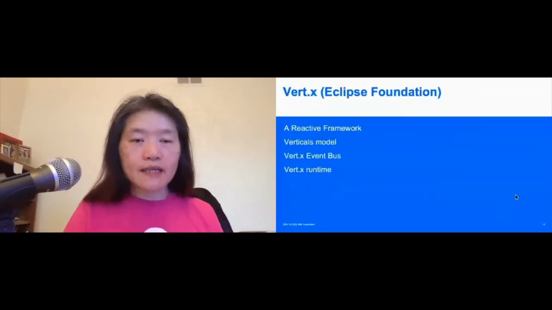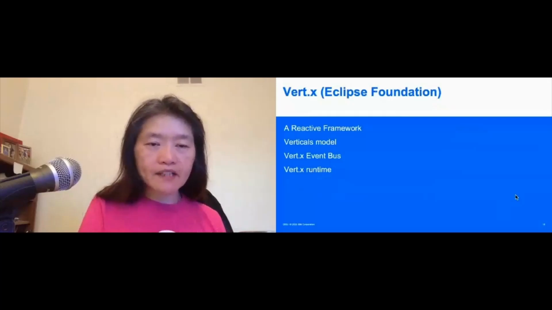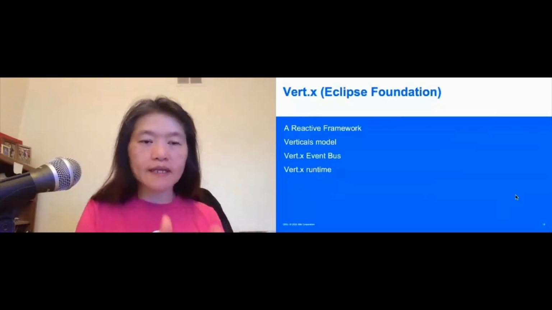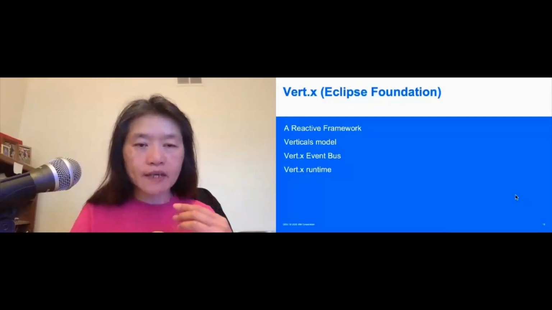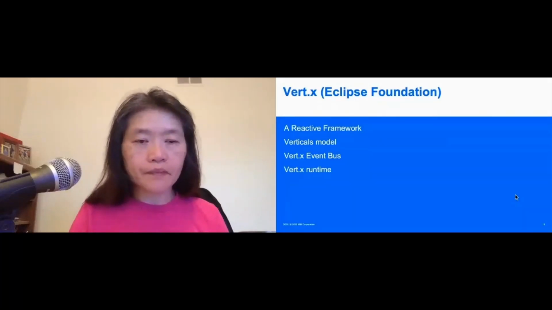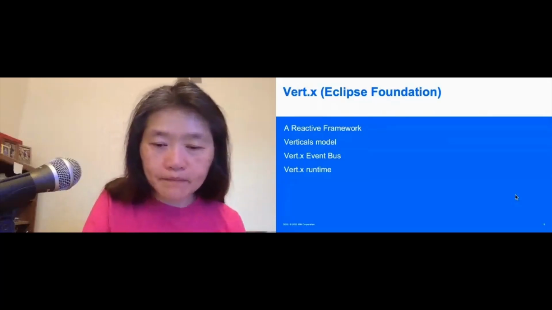And then there's Vert.x, and Vert.x is what I did the presentation on as a reactive framework. I mentioned the verticle model, and Vert.x has its own event bus that handles the events. So each verticle actually has 2 threads handling the events within the event bus event loop model too. And then there's the Vert.x runtime, the control center too. And I will quickly show you some code too, in a little while.